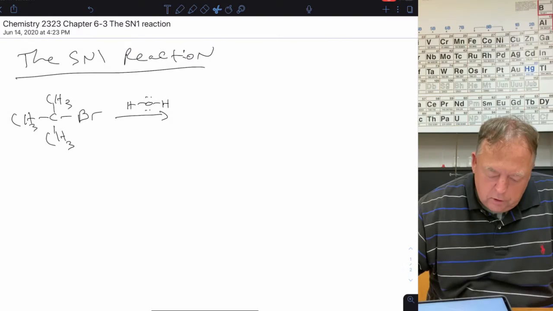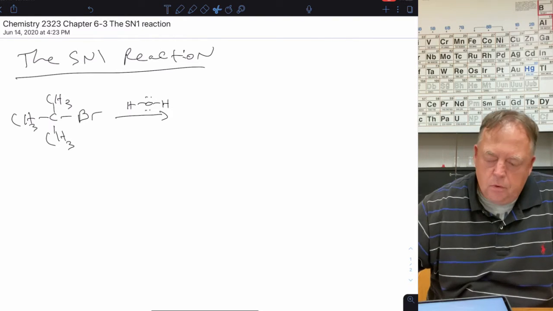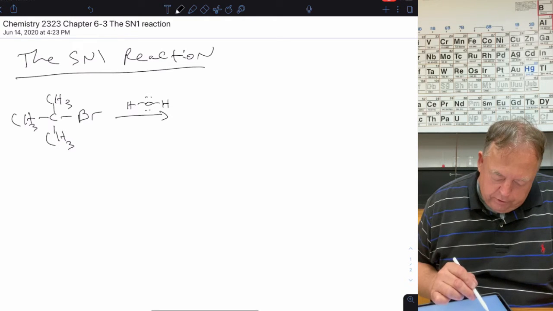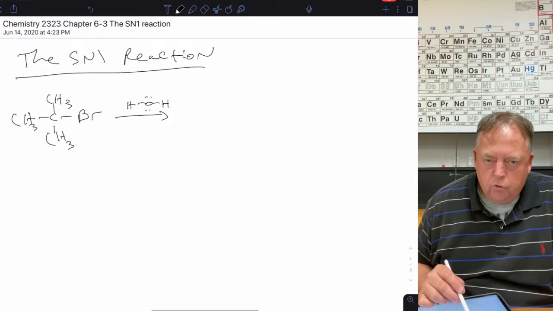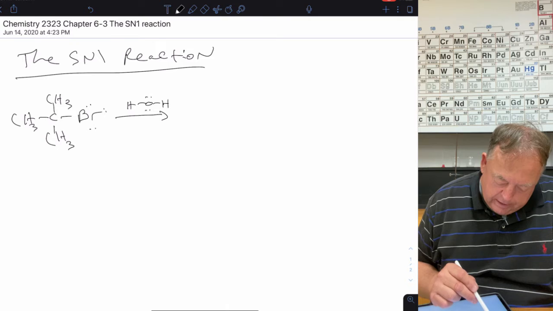So this is the third lecture out of chapter 6. In this lecture, we'll cover what's known as the SN1 reaction. And so this is an example of an SN1 reaction. If we took tert-butyl bromide and reacted it with water, what happens in this mechanism is the first